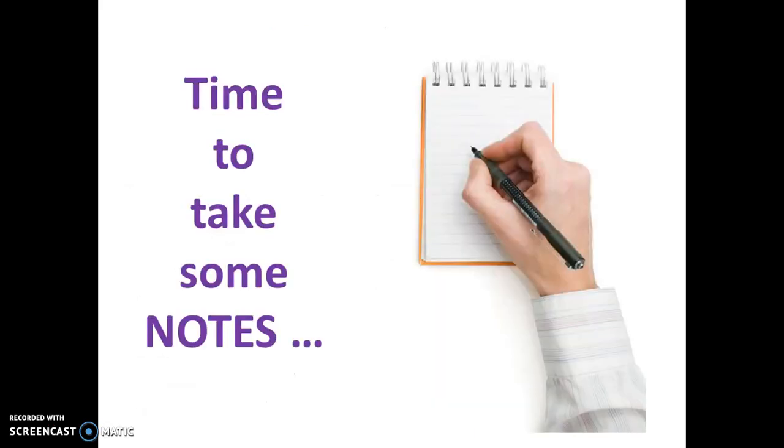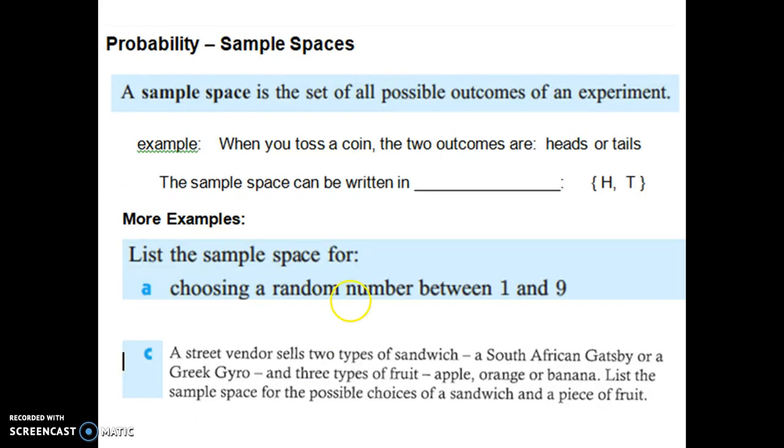All right, so let's take some notes on the page that was provided to you in class. And let's begin with some vocabulary. A sample space is the set of all possible outcomes of an experiment. So imagine we're running an experiment like the rolling of dice or flipping of coins like we did in class. Sample space is basically a list or description of all the possible things that could happen in this experiment. For example, when you toss a coin, the two outcomes are heads or tails. So the sample space can be written